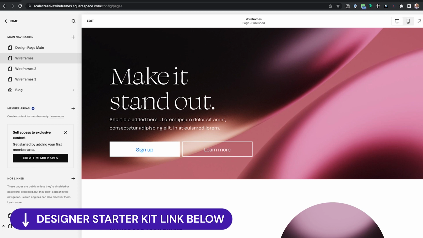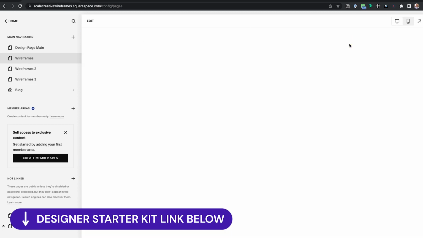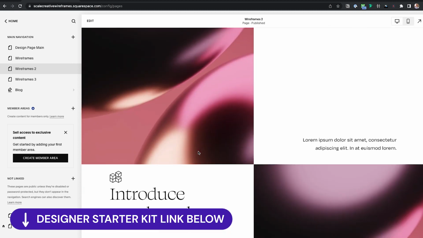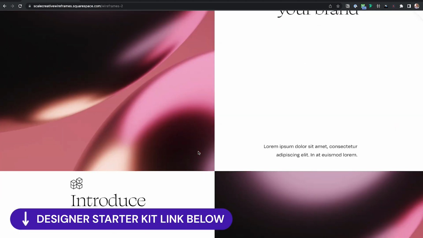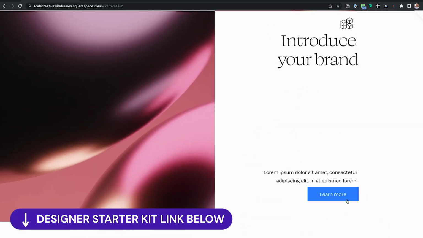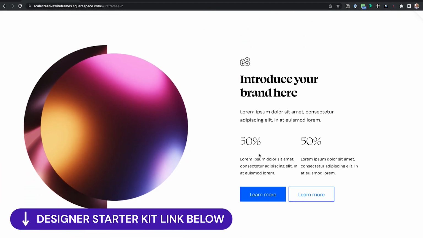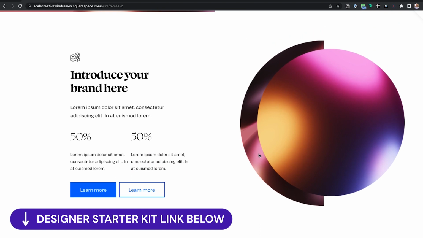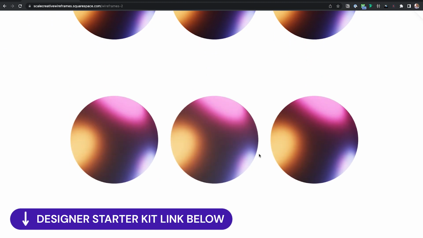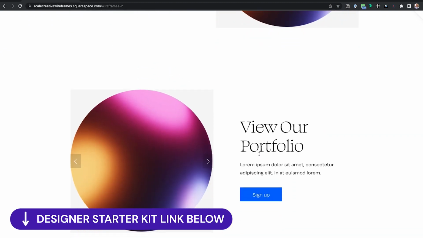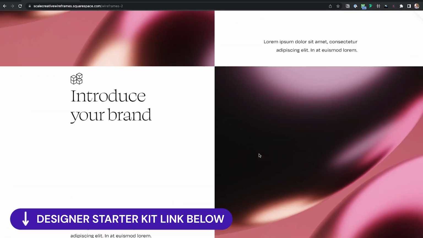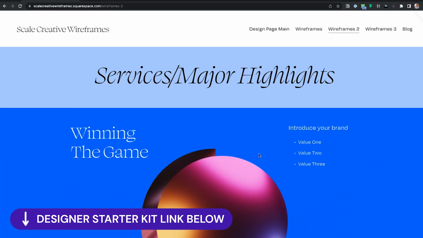And let's see what else we got. Let's look at the other wireframes too, because these will be helpful. This is for like service or major highlights, a ton of content. Again, just really beautiful layouts. The sections look really nice. They flow really, really nice. Like, I love these sections. These are just so beautiful. They offer so much content and position. Great for galleries. We got video spaces. We got the FAQ. Literally every kind of section you could think of that you could use for your site